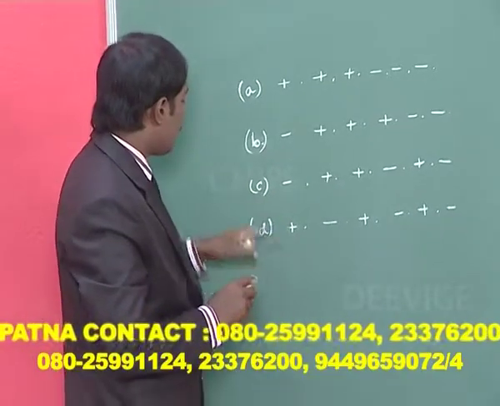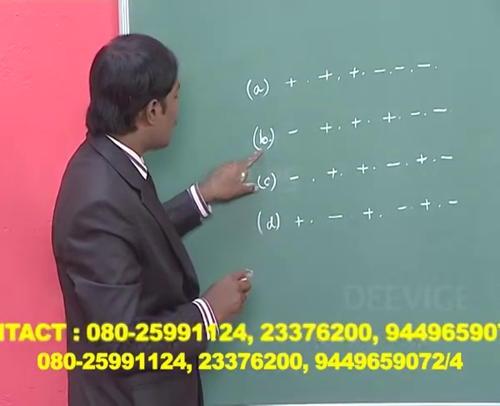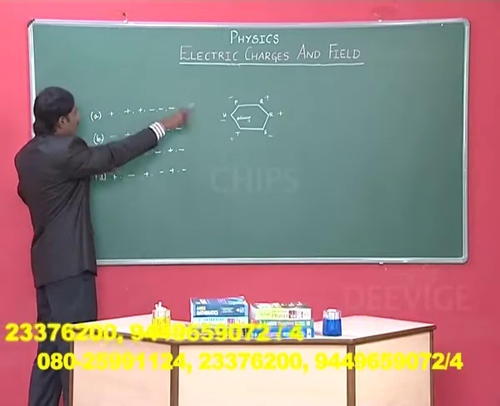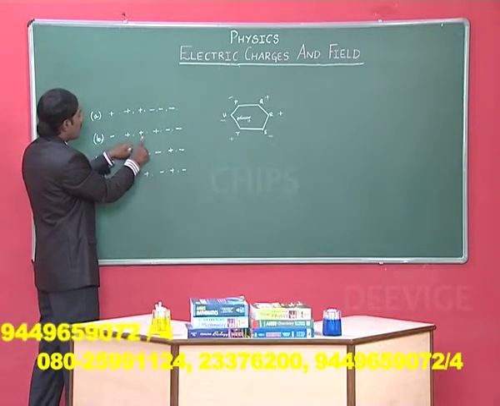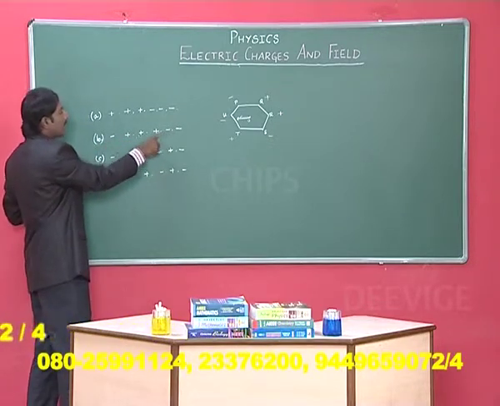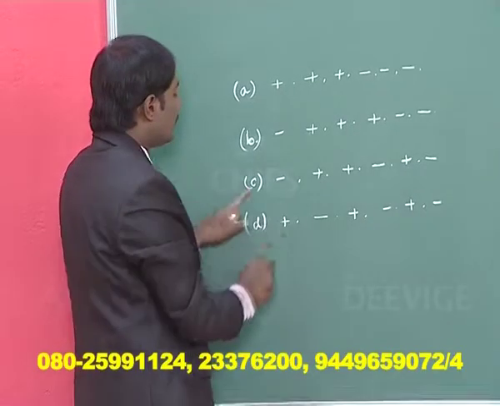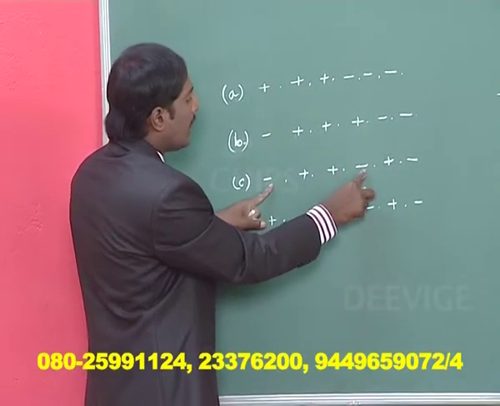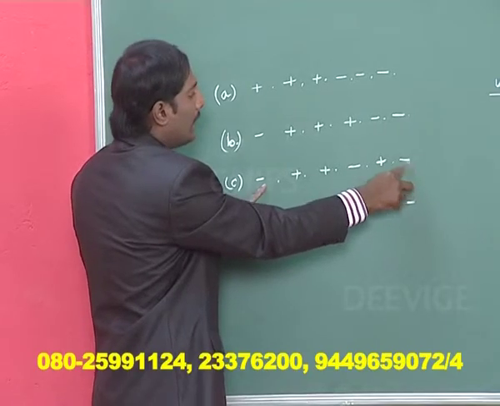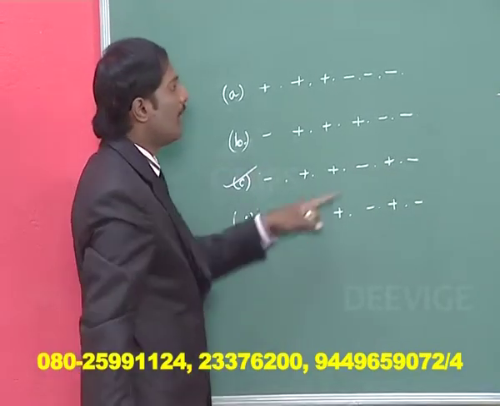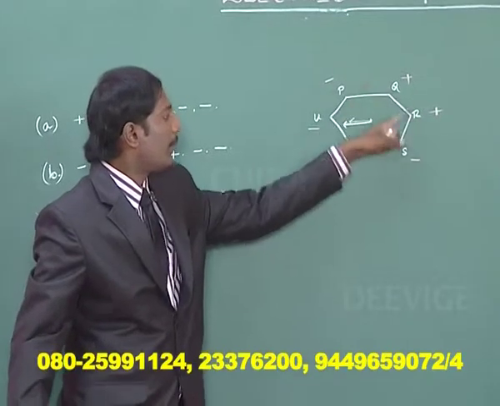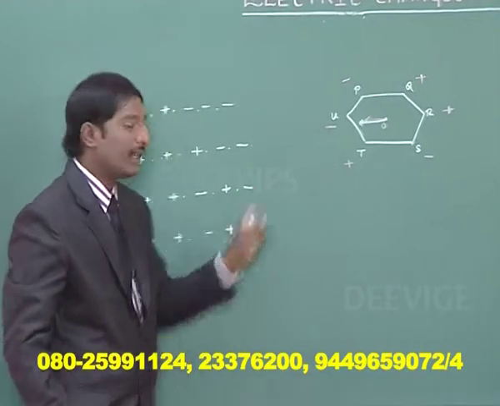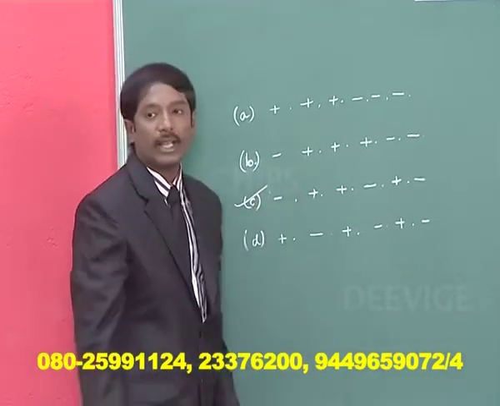You can search the option for the minus sign first, that is there in option B or option C. P is having a minus charge, Q is having a positive charge, R is having a positive charge, S is having a negative charge, but here they had given positive, which is not possible. So in option C, P is minus, Q is plus, R is plus, S is minus, T is plus and U is minus. So option C is going to be the correct option, because if you place R as positive, the P, Q, S, T, U should have minus, plus, minus, plus and minus respectively. Therefore, option C is going to be the correct answer.